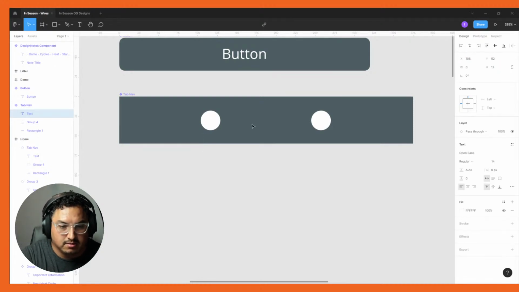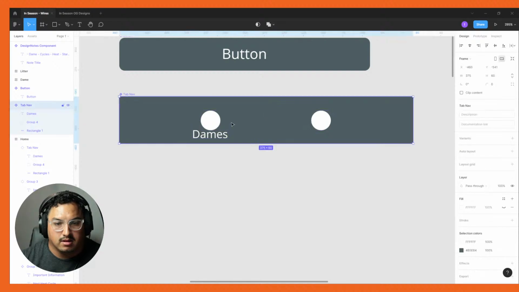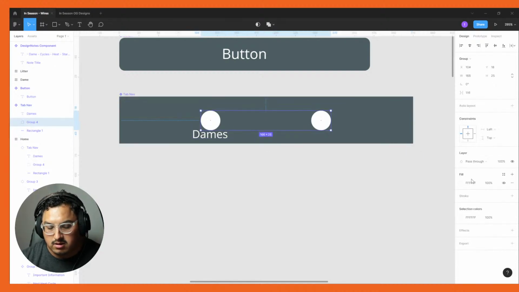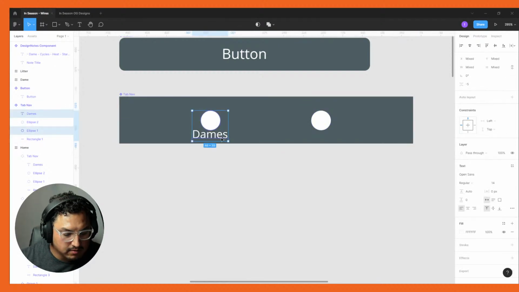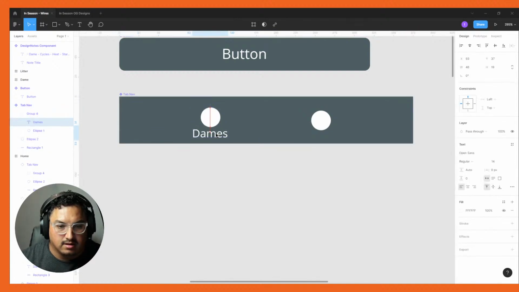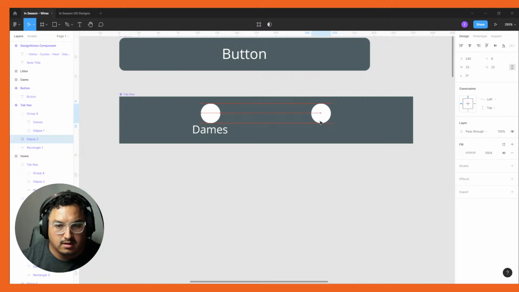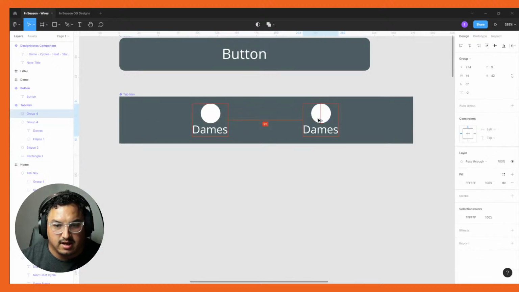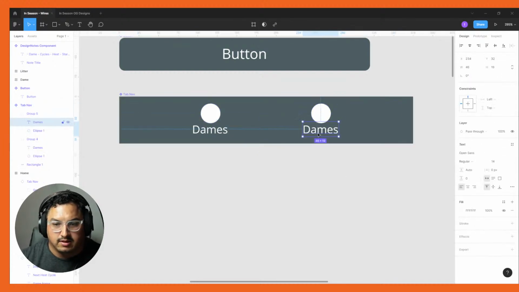I'm going to ungroup those two and, Control Shift G. There we go. Yeah. Then I'm going to group these. I'm just going to use this as a guide and then delete that second circle, this one that's outside, not in a group. This is going to be